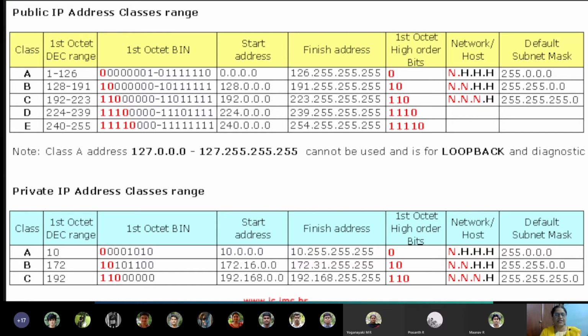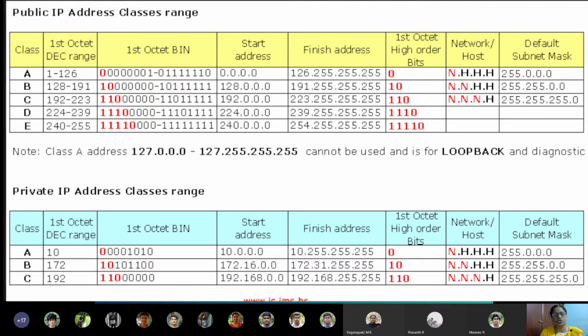In case of class A, the number of octets that represent the net ID is 1. The number of octets that represent the host ID is 3. So the total number of possible networks is 2 power 8 minus 1. Again, I have taken this from the assignment. You have committed the mistake I mentioned, which you shouldn't do. Yes, it is 2 power 8 minus 2, it's not 2 power 7.